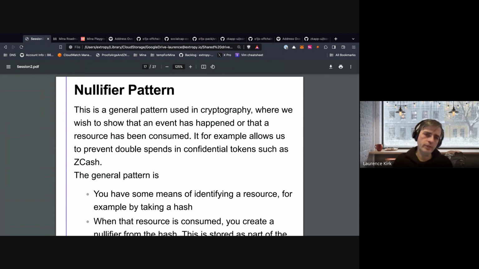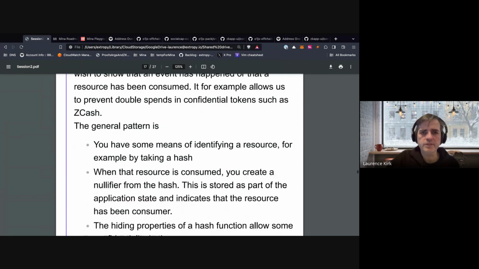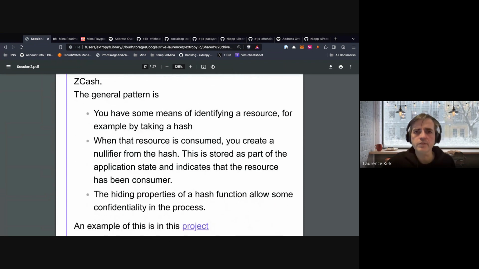And so what we're looking for is a way that if we have a particular resource or asset, we can have something to show that that resource has been consumed, or maybe a particular event has happened. But the nullifier pattern allows us to do this in a way that helps with the confidentiality aspect as well. So the general pattern is that you have some resource, and then what you would probably have